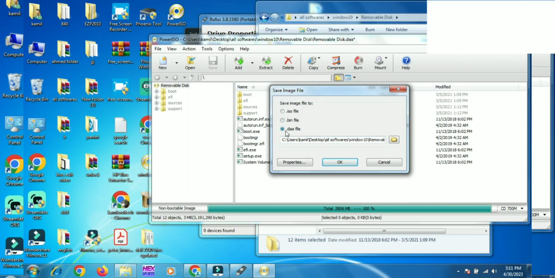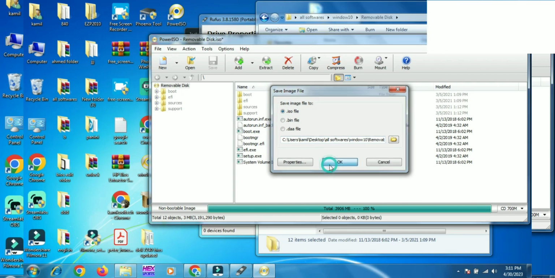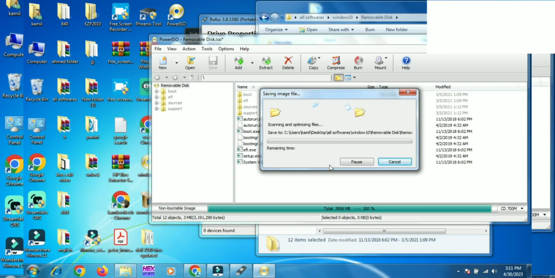I don't need data file, I need ISO file. I select ISO file. I'm not making bin file, I'm making ISO. I select ISO and click OK. Now it's creating, it's compiling all the files into one folder. You see this, what I'm making is that